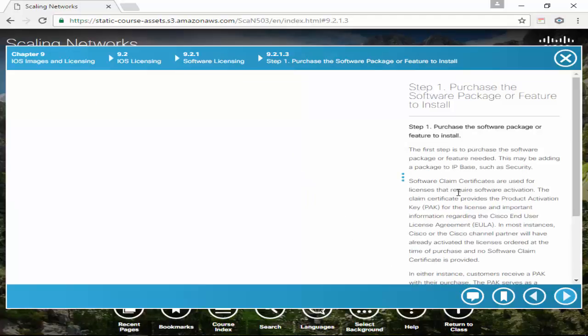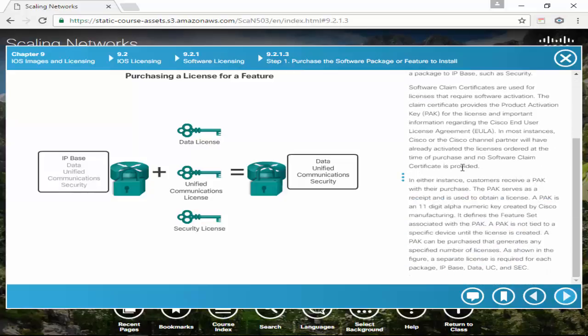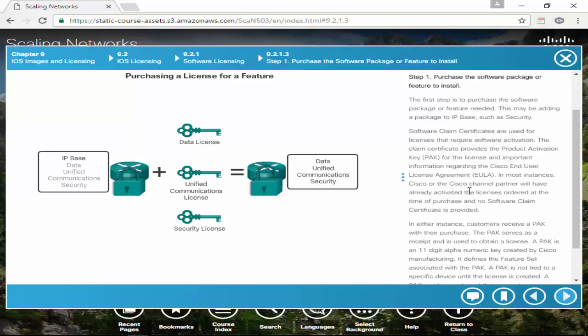So more in depth, how do we do this? We purchase. Okay, so this is where